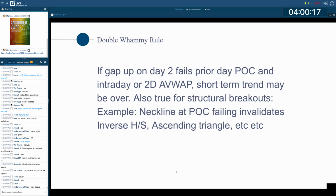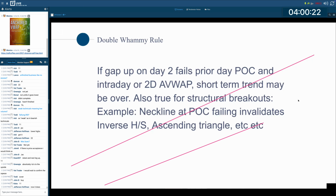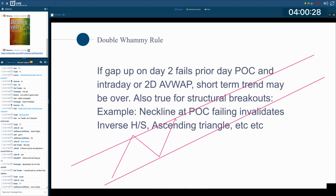Oftentimes you'll be overall in a super strong bull trend, and you're going like this, and you're going like this. You've got a really good angle of ascent, and so you've got day one here. Let me make this a little bit higher. And maybe you haven't really charted this properly, and you're going like this, and you buy this gap up thinking trend continuation or whatever, and then that day two gap up fails into the prior point of control or the 2-day anchored VWAP. Here,